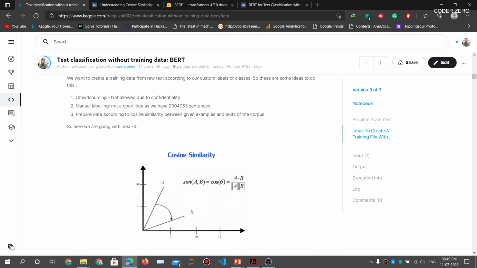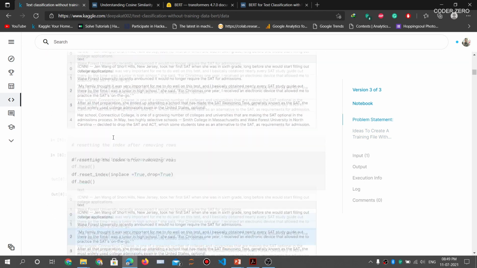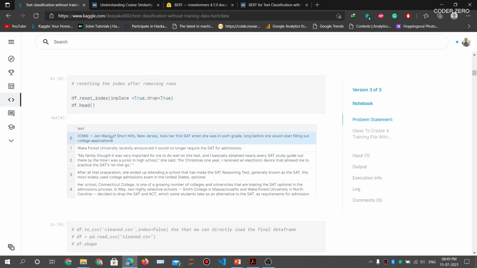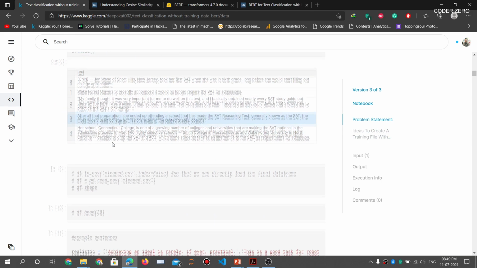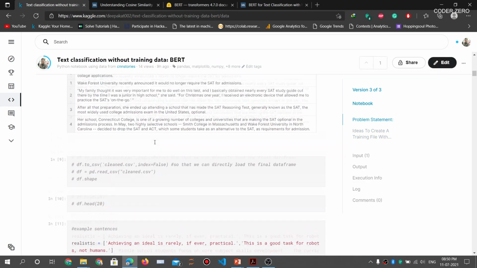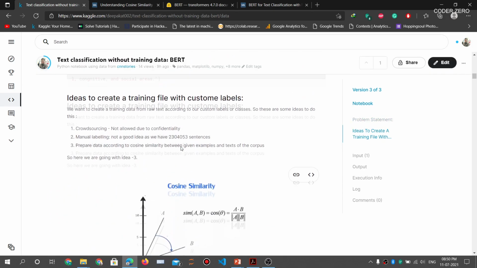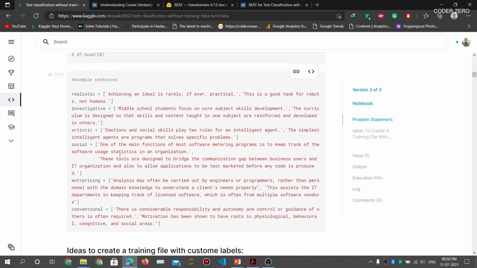You must be wondering why we are using cosine similarity here. According to the distributional hypothesis, terms which appear in similar contexts are similar to each other, and by cosine similarity we are measuring the similarity between 2 sentences. For example, let's take this first sentence, and we need to find out the label for it. Let's say the a vector represents the embedding for this sentence, and the b vector represents the embeddings for the label sentences.